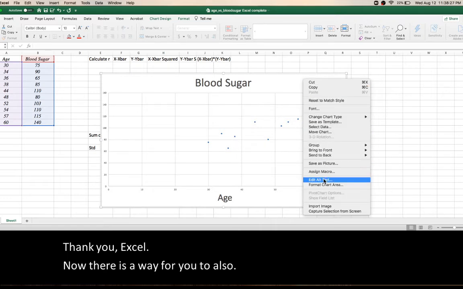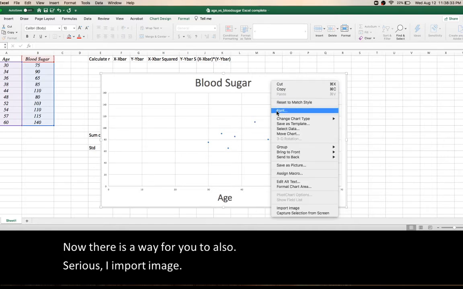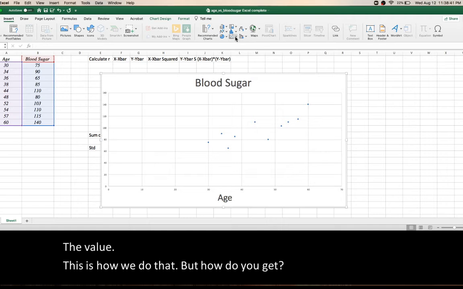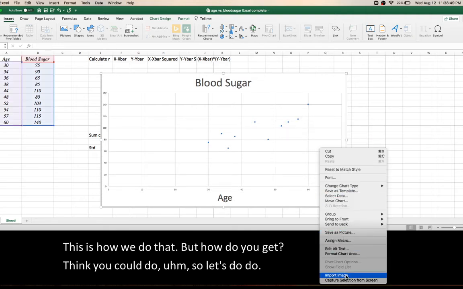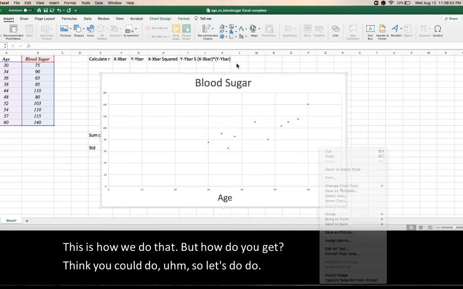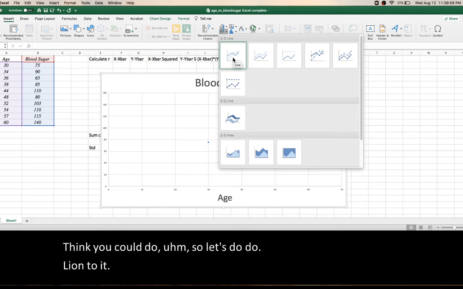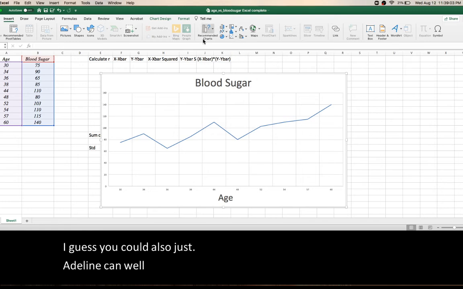Now, there is a way for you to also get, let's see, it's not import image, the value. Well, this is how we do that, but how do you get, I think you could do select, no. I want to add a line to it. I guess you could also just add a line, can you? Well, this is a line, no. There has to be a way to,